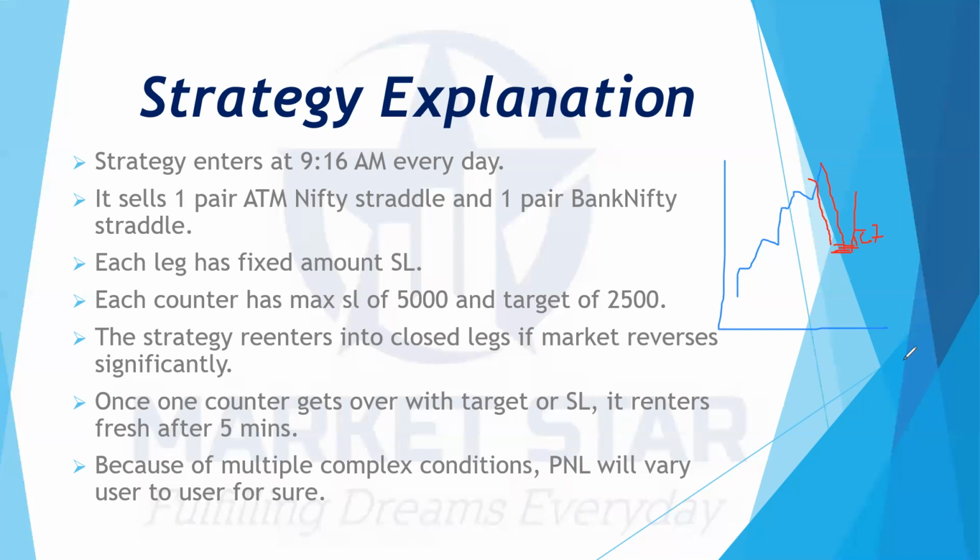PNL will vary. With that fact, if somebody is trusting the strategy, because this is a very beautiful strategy, neatly done. I will show you the stats, then only you will understand how beautifully the strategy has been designed. Okay, I am giving you the fact upfront because few people will definitely, they don't know about market conditions and all much,